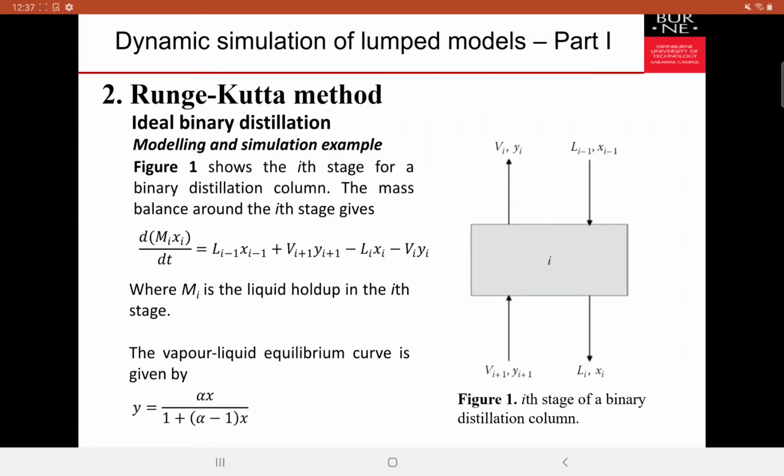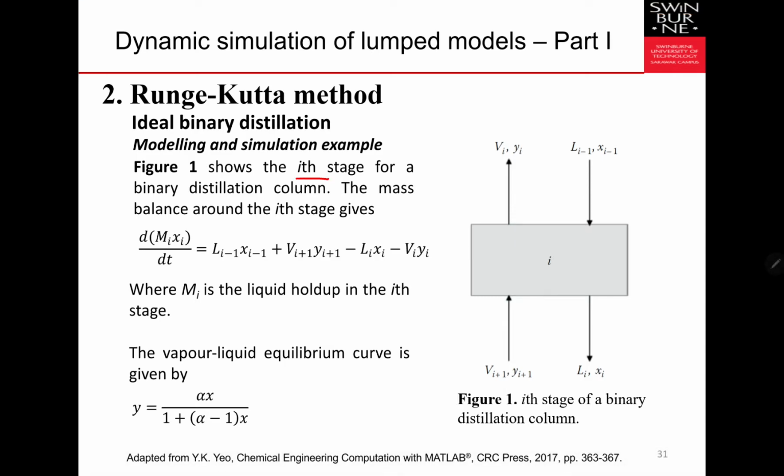In this part 4 of the week 5 process modeling, we want to discuss the transient case for an ideal binary distillation. We have discussed in the previous week the McCabe-Thiele method applications to binary distillations. Here, figure 1 shows each stage of a binary distillation column with the mass balance around each stage given by these equations, where